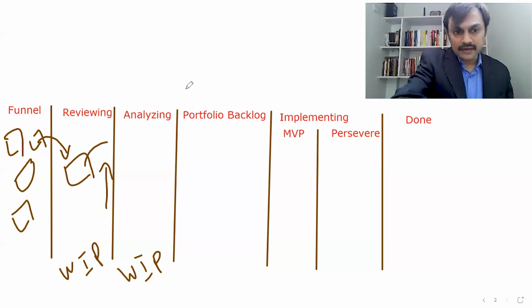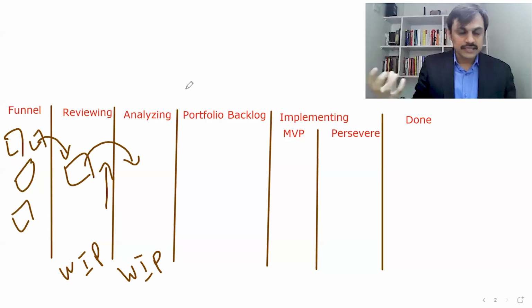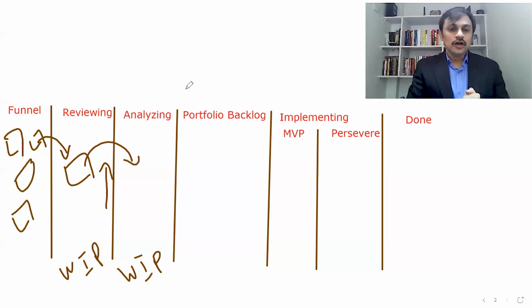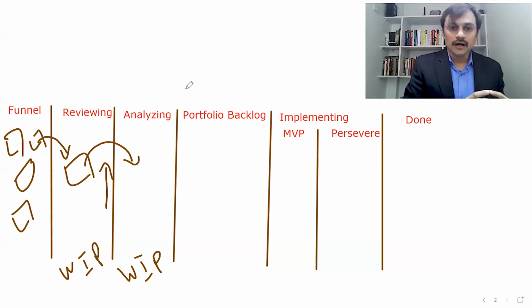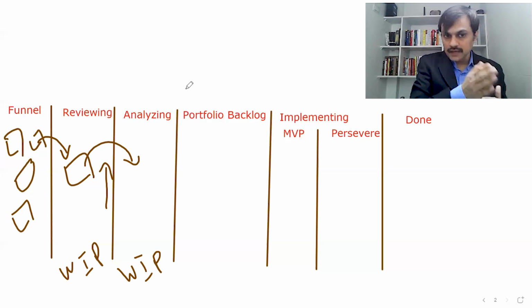Once this is done, and when we have a next level slot available, meaning something has moved next, the second stage of analysis starts coming in, and we call it analyzing. So this is the final stage of putting up information so that the stakeholder can take a call on going ahead or not going ahead with that particular epic. And in your initiative or SAFe implementation, you may have more stages. It's just a simple representation. I have seen in some client organizations where they have 3-4 stages before the decision for going ahead can be taken. But here we are working on a simple example.